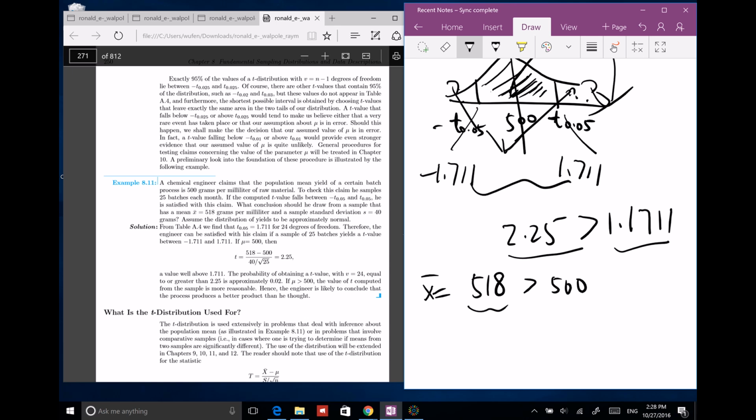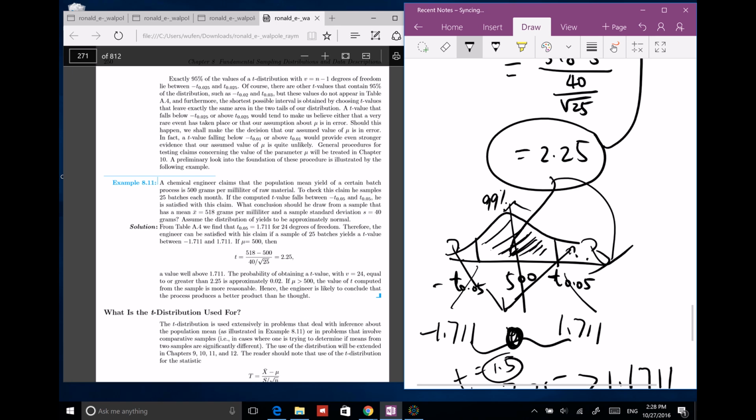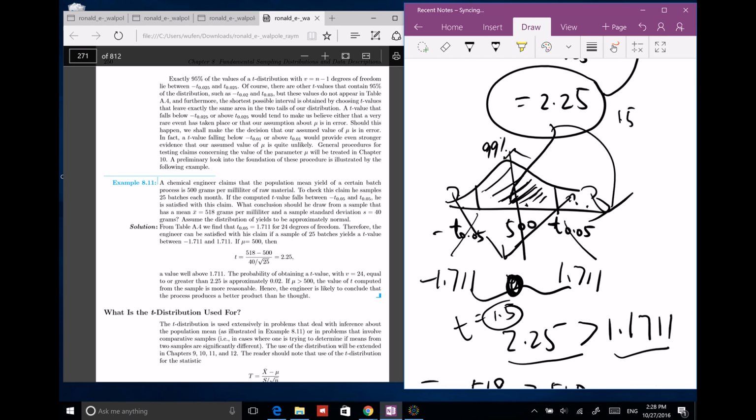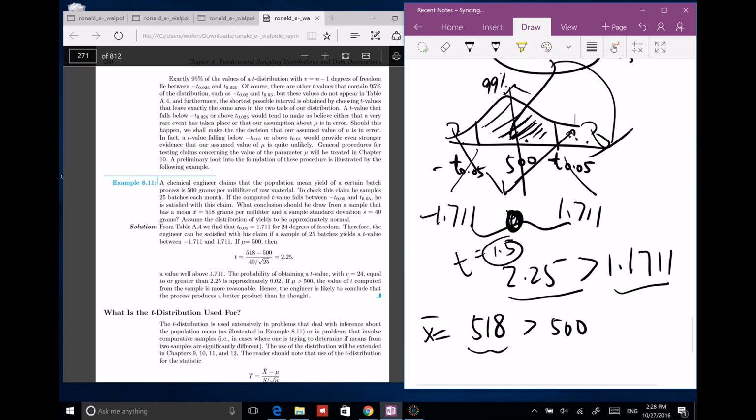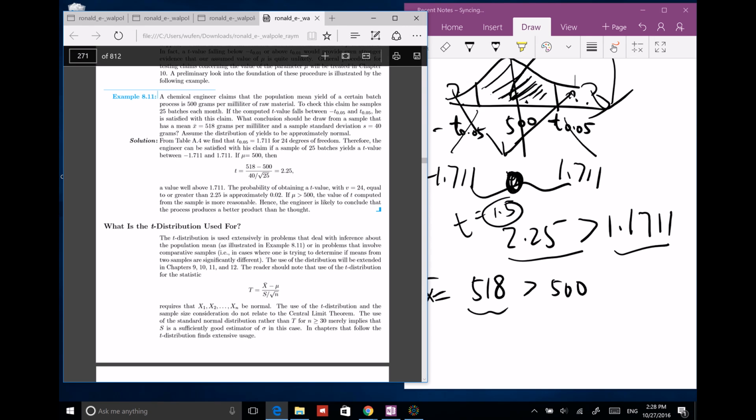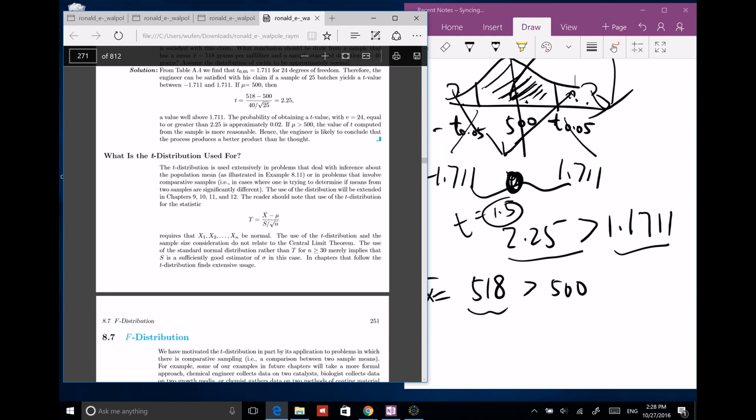Okay, if it's falling into this place, for example, if you got t equals 1.5, from here I got t equals 1.5, this is in this range, so you're going to say, okay, not much difference from 500. Now I got t equals 2.25, which is way bigger than the upper boundary here, so the conclusion is it produces a better result, better product. Okay,